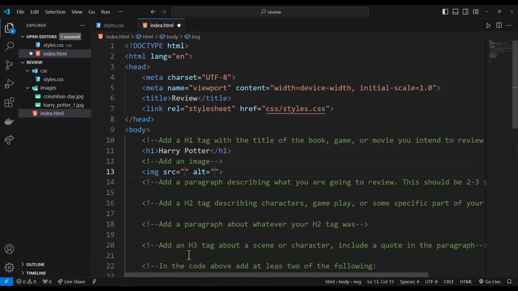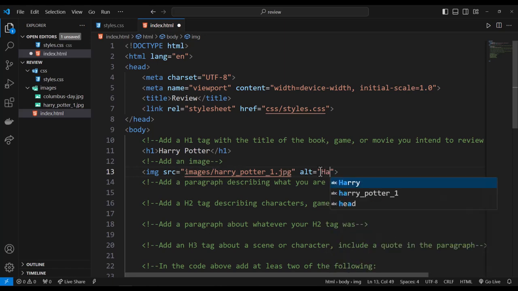So let's go ahead and get to our source. Our source is inside this images folder over here. In order to get to this, it's not in the same folder as our index, so it is inside images. As I type images, you'll actually see this right here. Then I click it, and then you can go into Harry Potter. You can use the keyboard to do that also, but this allows you to load an image. And then the alt,